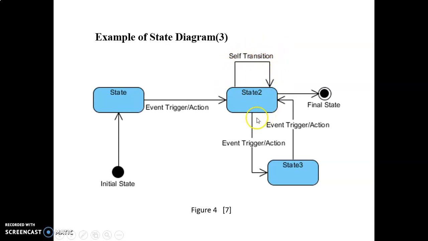Okay, now again getting the trigger, it is going to state 3, and again it has one kind of closed loop, or it can have feedback criteria, and to represent the final state you have to use this kind of symbol. Okay, so in this state, first you can write the state name, then the state action, that means what action the state is performing.